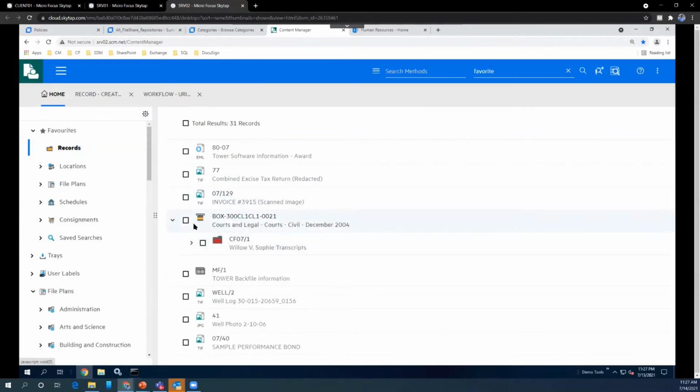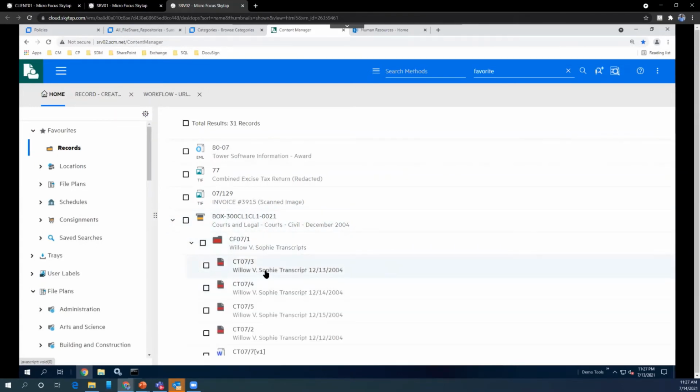So you can define your whole structure, where your store, your box, and number are, and then attach your digital records or the physical records, map it to the Content Manager, and you can use your barcode or QR code just to check in and check out your physical documents in and out from Content Manager.